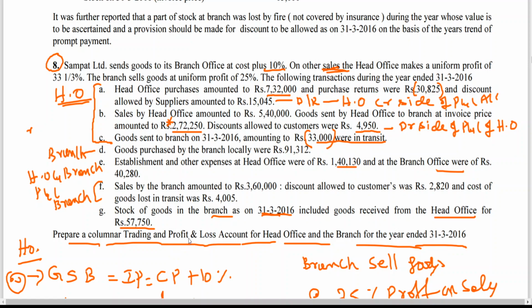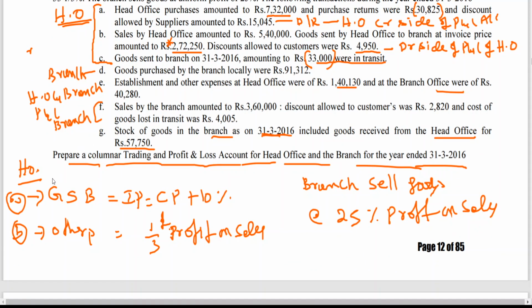So slowly you'll be learning one more point. Since this is not actually a department account, this is branch, it can be debited to the debit side of head office P&L account, so that the unrealized profit amount will be reduced. But the interesting point is that we don't have closing stock here. Without having closing stock, can you find out profit or loss? No. But I think cleverly you can do it without going for working notes or closing stock. You can use the same data, sales, because the percentage of profit has been given in the problem. Percentage of profit, when I talk about head office profit, is like this.